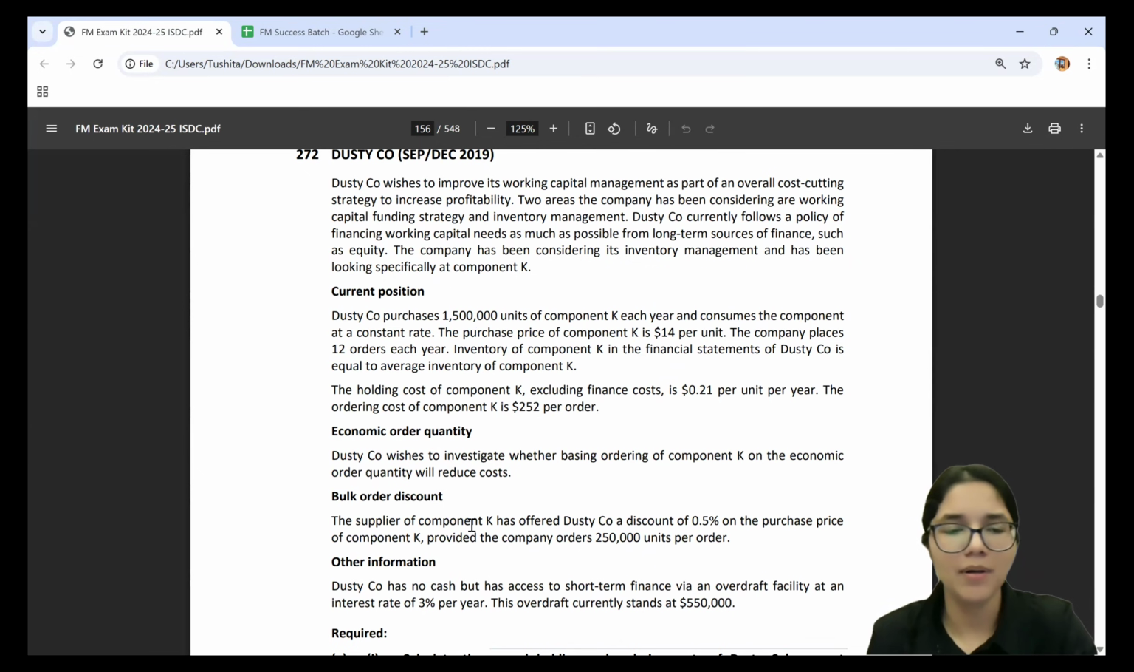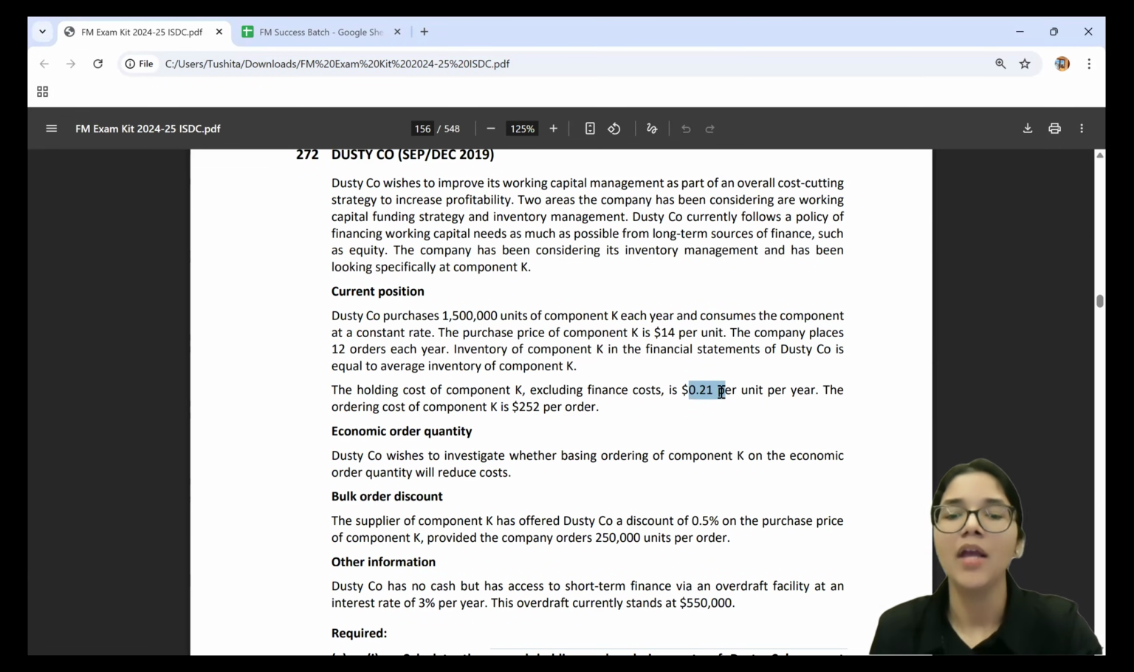Then you have information about the bulk order discount, and then further it tells you Dusty Company has no cash, but they have access to short-term finance via an overdraft facility at an interest rate of 3% per year. The overdraft stands at this much amount of dollars right now. So here, the holding cost is directly given to us as $0.21